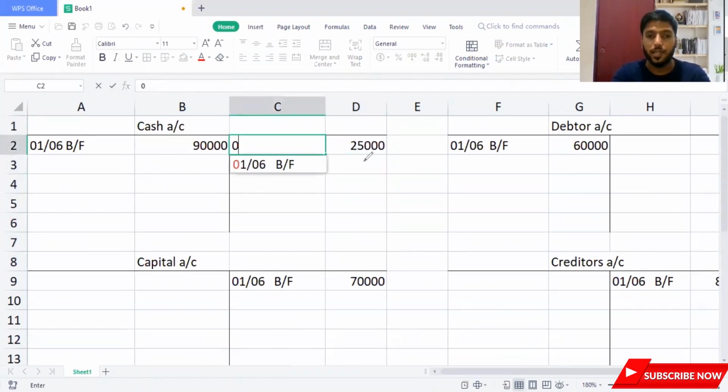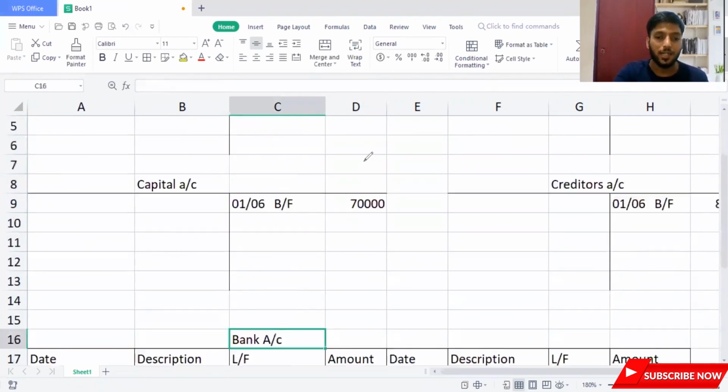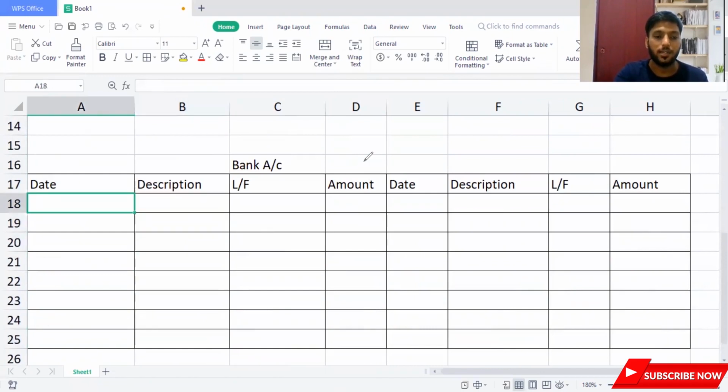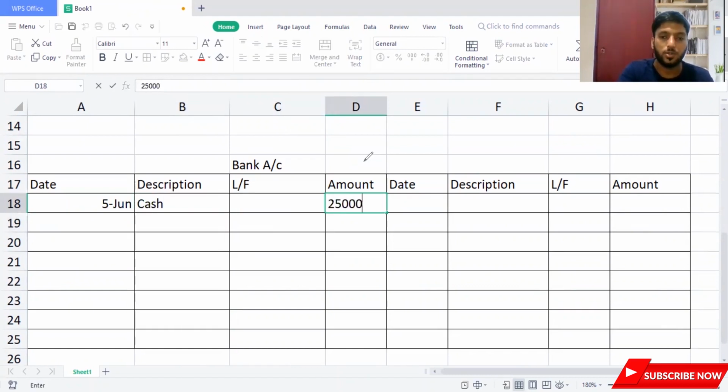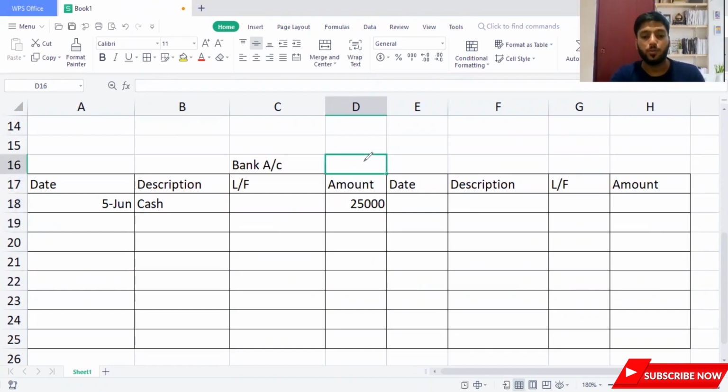So I'll write here the date 5th, 6th. I'm going and putting this money in the bank. Now here in the bank account, I will record the date, 5th, 6th, so 5th June, and I will record it as cash. Don't write account, and I'll write the amount. How much is the amount? 25,000. Now, for your knowledge, I want to remind you: here you can put rupees, and here also it's better if you can put rupees.